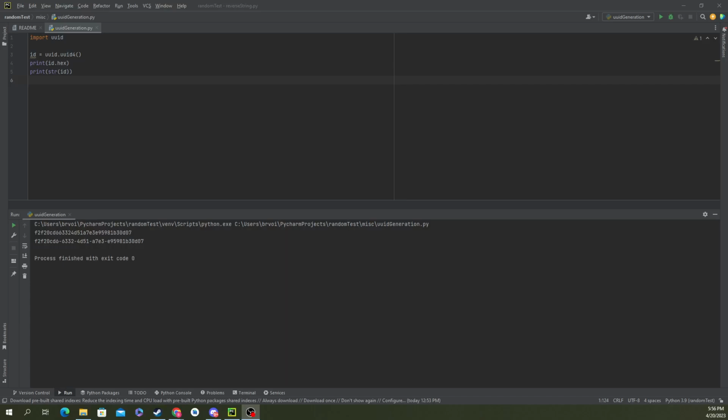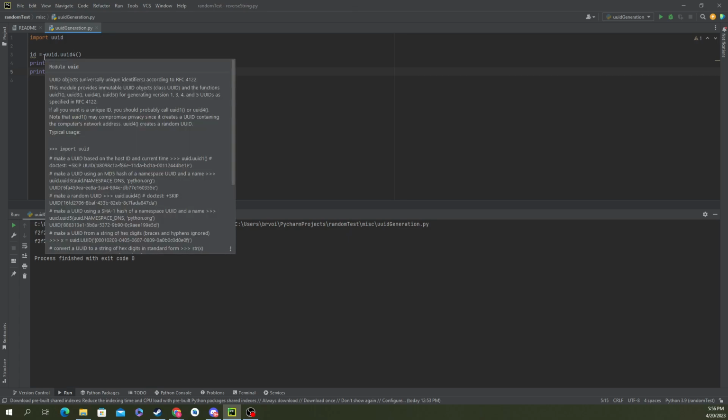In today's video, we're going to be showing you how to get a UUID or unique identifier in Python. Now, if you're using a modern version of Python, I believe 2.5 or greater should have this, but it has a built-in module for UUID. So all you need to do is add in import uuid, and then it has a few different versions you can use. I'm just using UUID 4 here, but all you can do is create a UUID by doing